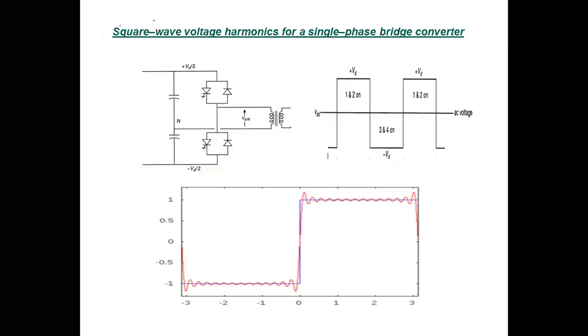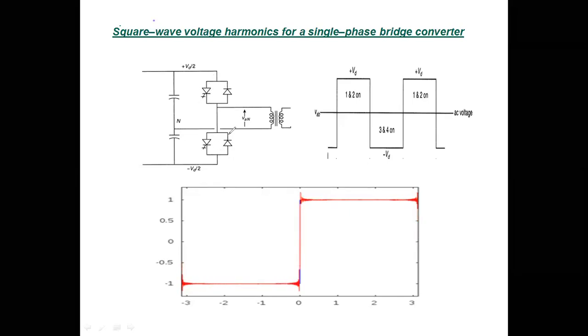I already told this, and I'm repeating it in just one slide. In the case of three-phase, we'll have three legs. In the case of single phase, you have one more leg, that's all. Once you understand the basic single leg operation of this voltage source converter, it is easy to analyze single phase, three phase, and even higher order from this.